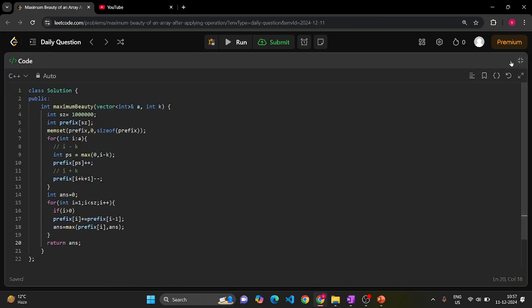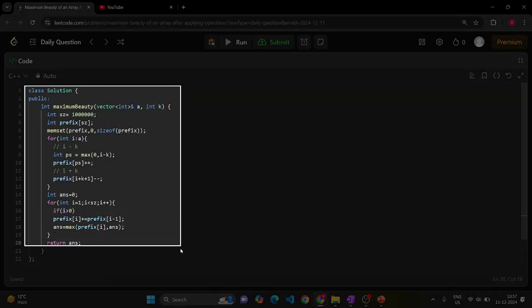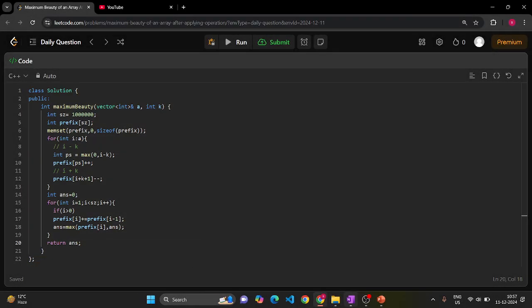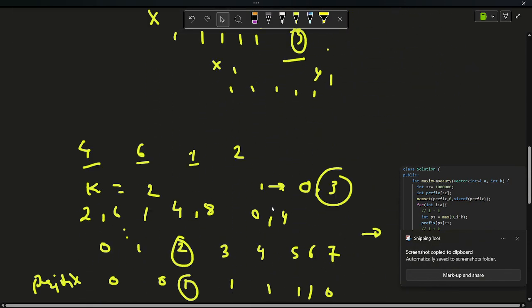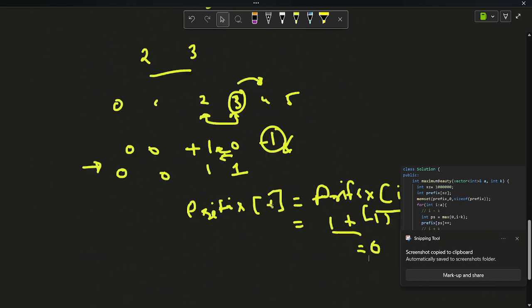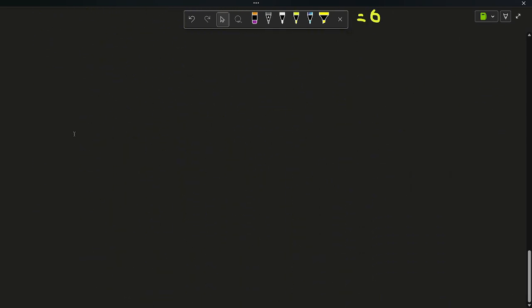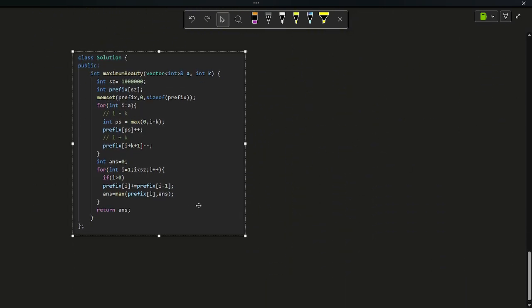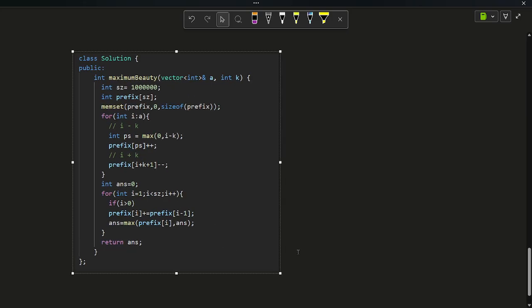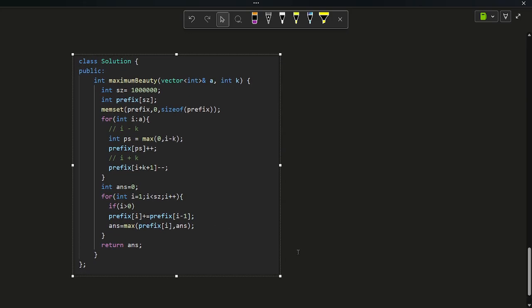So let me quickly explain the time complexity and space complexity of this solution. There are other approaches as well to solve this problem, but I have chosen this. This is basically considered a line sweep method, where when we have ranges we are going to find the point of intersection at maximum, right? So if we see the time complexity, we are iterating through all the elements of array A,